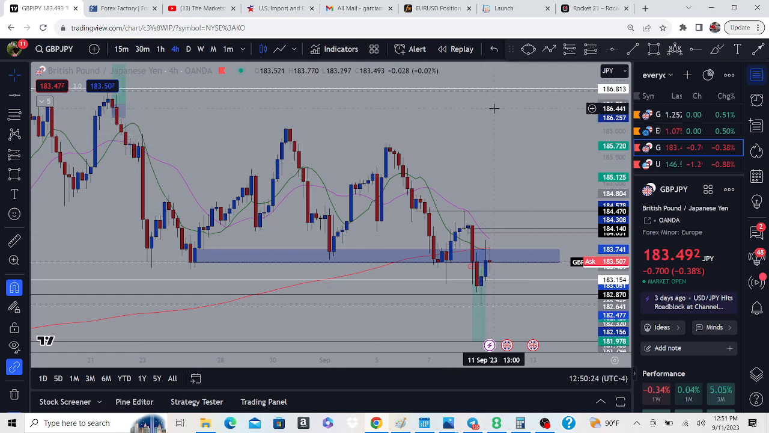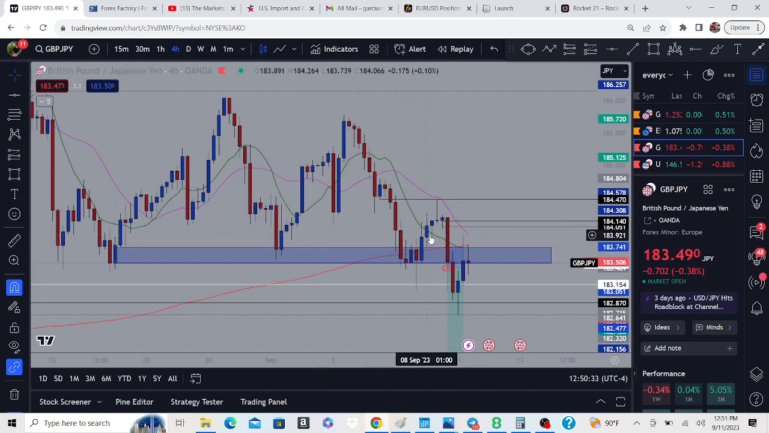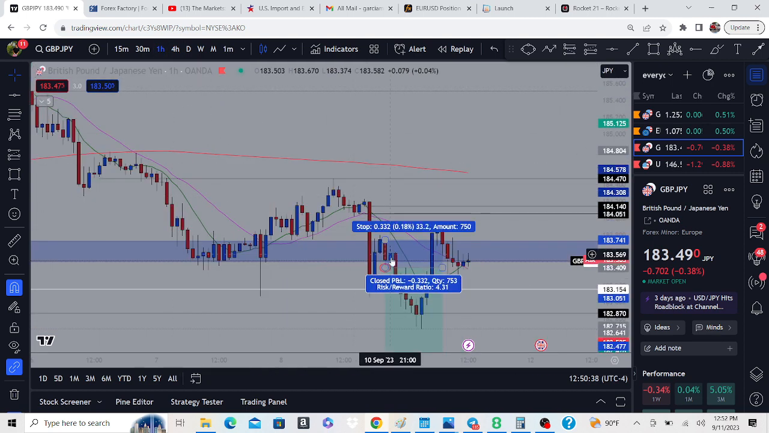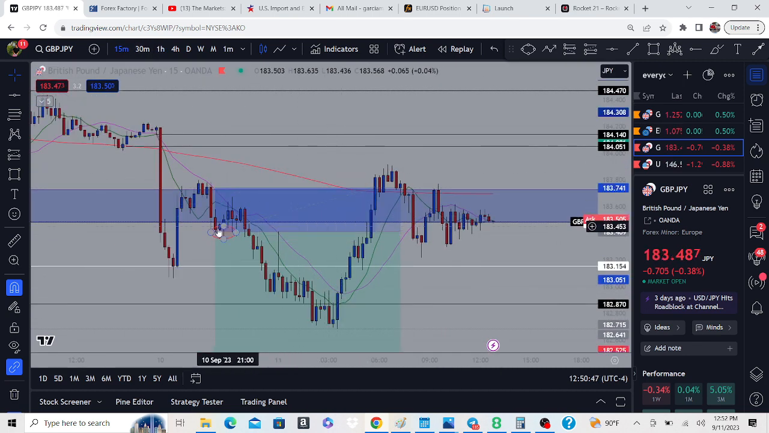Price probably like until right around here, which is 186.441. Price didn't do that though. What price did, it started to trade below this area right here, but it did not close. It didn't close on the 1 hour, but due to this right here, I anticipated price to continue to move to the downside. On the 15-minute, we can see as soon as I get in, we get a minor